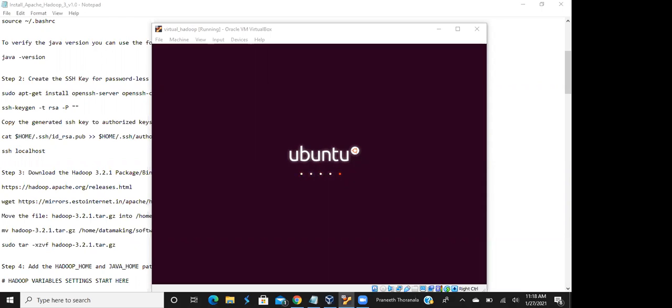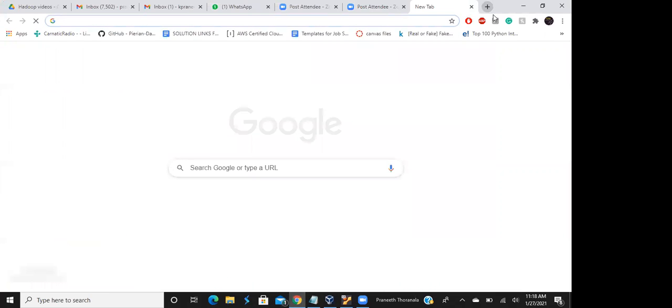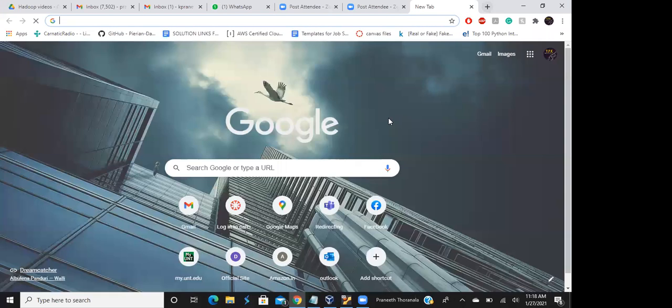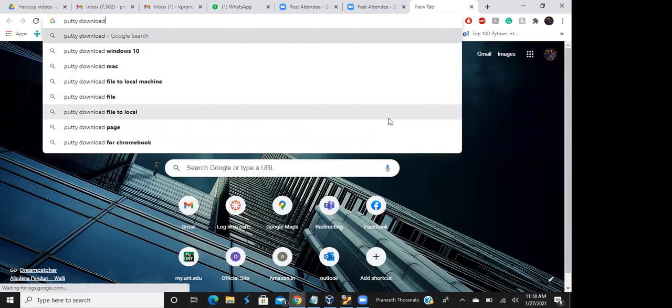And meanwhile, do you have a putty utility in your machine, Pranit? I guess no, sir. Okay, just Google it. Just type putty download. Yeah, just download.